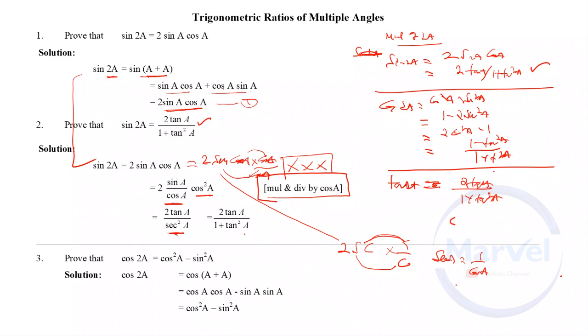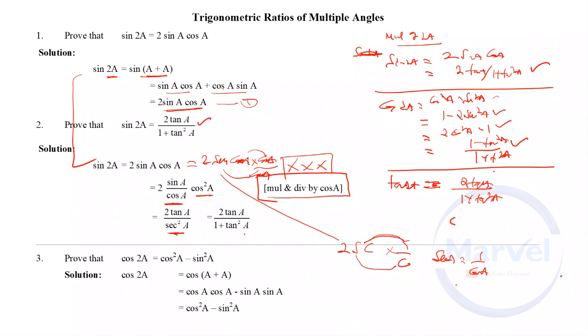This is sin 2A. Sin 2A has only 2 formulas. The first one is a direct formula in terms of sin and cos, and the second formula is only in terms of tan. Now cos 2A. For cos 2A we have 4 formulas. One is in terms of sin and cos. Another one is in terms of sine alone, in terms of cos alone, in terms of tan alone. In trigonometry, the formula we use the maximum number of times is cos 2A.